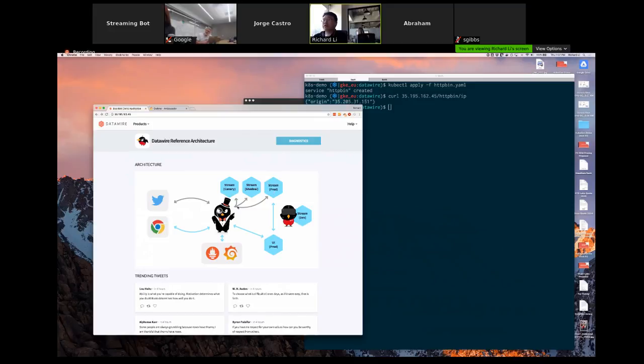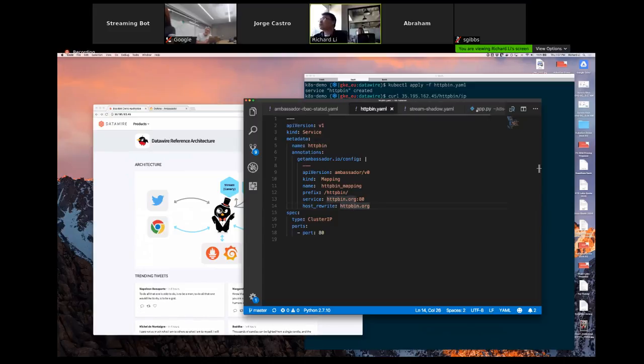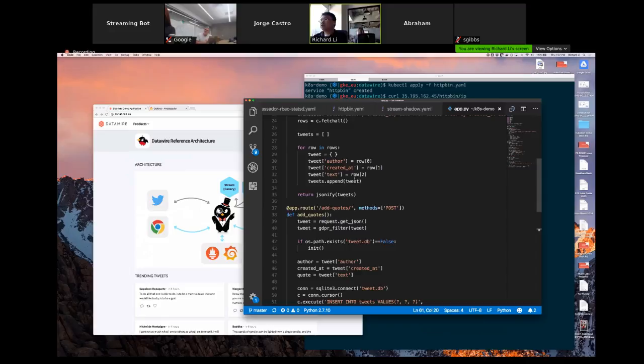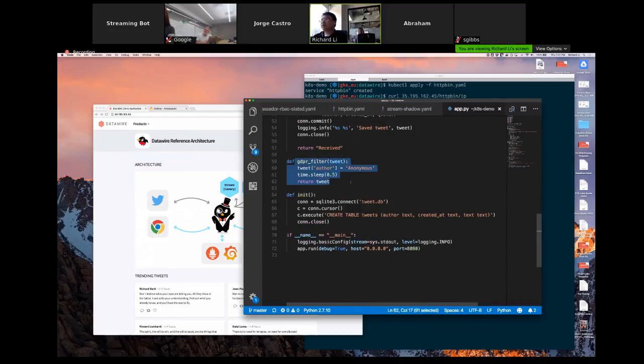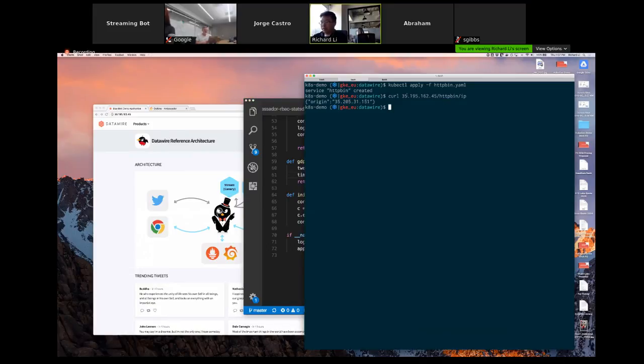And so I've got a stream service, which is taking these tweets and just logging them to a database. And then I also have created a stream shadow service. And the magic of my stream shadow service is I'm running this GDPR filter. I just got back from KubeCon EU, where I'm turning the author to be anonymous and adding a sleep to simulate a performance bug. And if I just apply the stream shadow.yaml here,